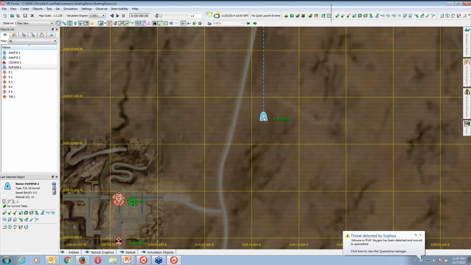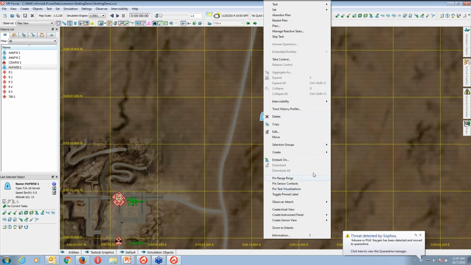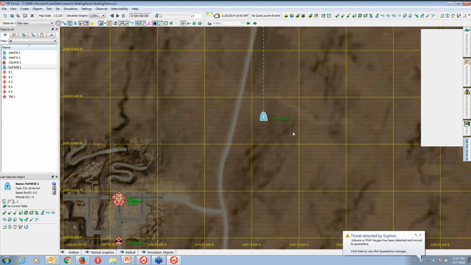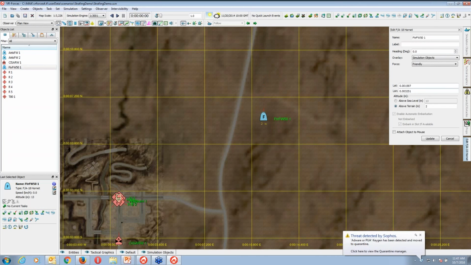you can select this aircraft, right click, and you can edit how much altitude you want, or see the current location on the right-hand side. So I have this name FTR FW50, heading 0.0.